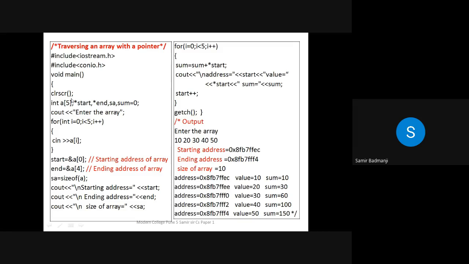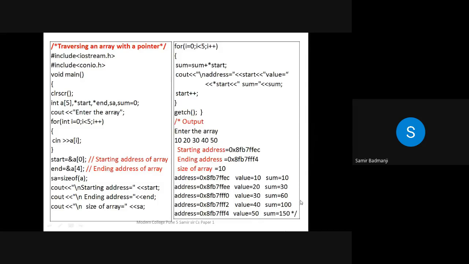So size of one element is how much? 2. So 5 elements are there. So by default, sizeof(A) will be 5 into 2. So in SA, 10 should be stored. If A[10] was there, then 10 into 2. Because it is an integer variable, to store an integer variable we require 2 bytes. If it was a float variable, it would have required 4 bytes. So 4 into 5, so 20 would have been stored in SA. Similarly, if it would have been a long int, then 8 bytes and so on.